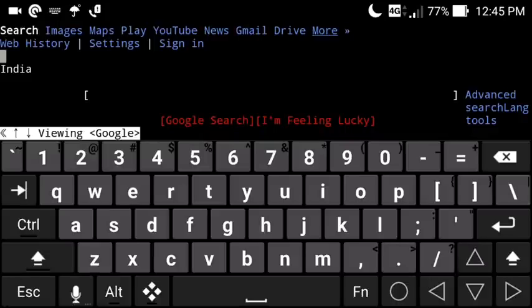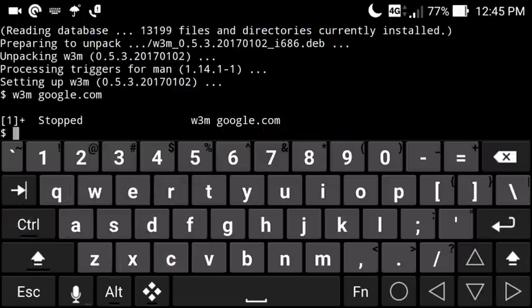So let me first of all close this. To close this, I simply need to type ctrl plus C, sorry, ctrl plus Z. So it will close that particular package. You can see it's stopped right now. So this is very useful for those who want to go to any particular website and don't want to close their Termux app. So I hope you will also find this useful. So now let's talk about the next command.